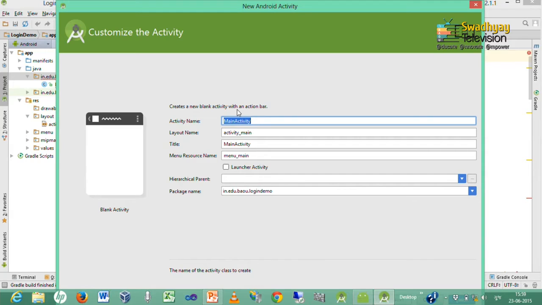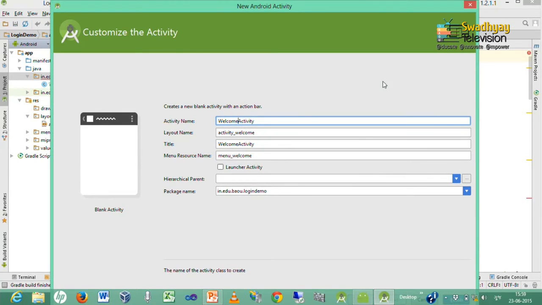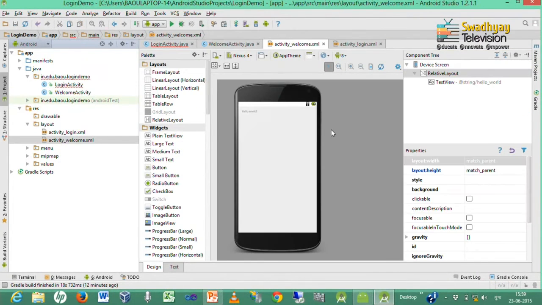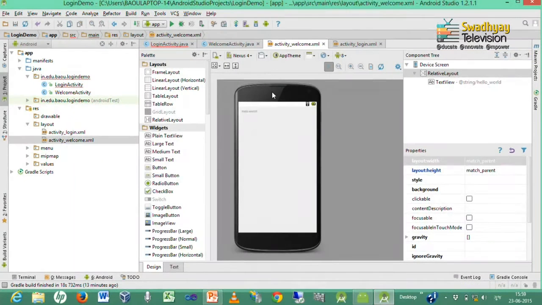Here our activity name is WelcomeActivity, and we have to press finish. It will add one activity_welcome.xml file and one WelcomeActivity.java file for us.